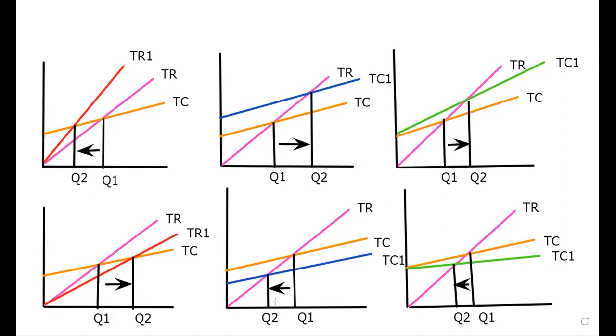So where are these kinds of charts used in the examination? How can this kind of question come? Sometimes in analysis questions, they can ask what is the impact of reducing fixed cost. In this case study, the fixed cost, the rent, increased by this amount. What kind of impact is there on the break-even quantity? In that scenario, you can use this kind of chart as supporting evidence, like supporting material to show your knowledge. Even for 12 marks, sometimes they ask you to evaluate the usefulness of break-even analysis.